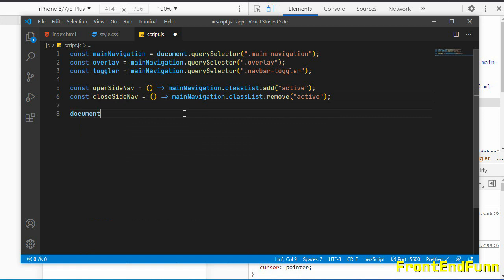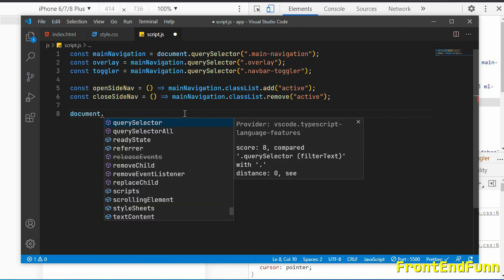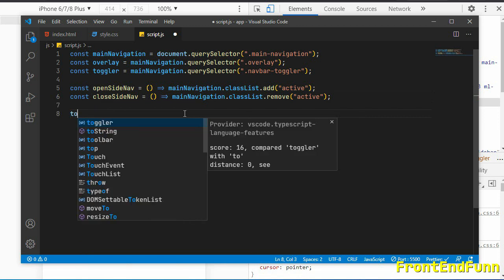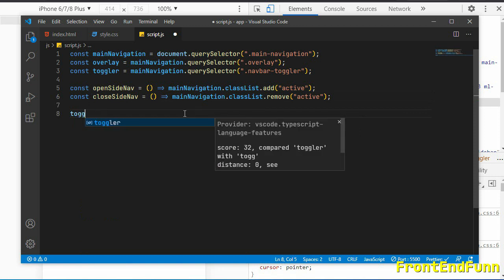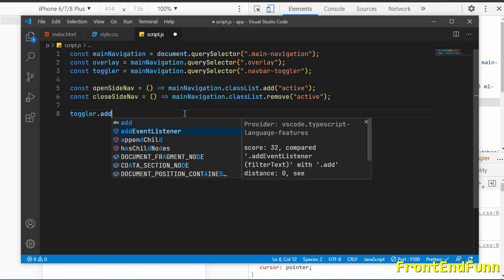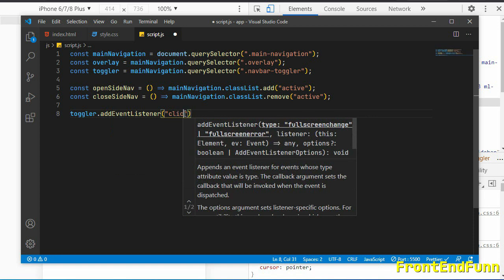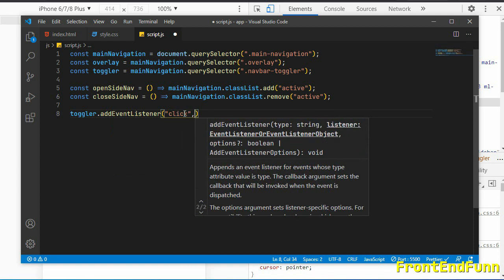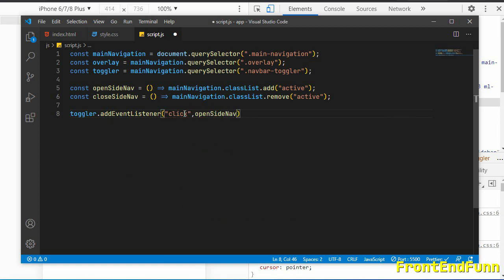Okay, so first add the event to the toggler, so toggler dot addEventListener click, so when user clicks on this, then we want the nav to be open, so open side nav.